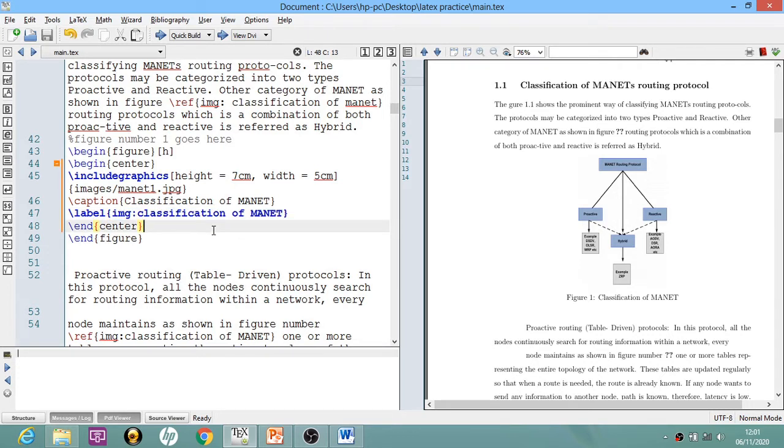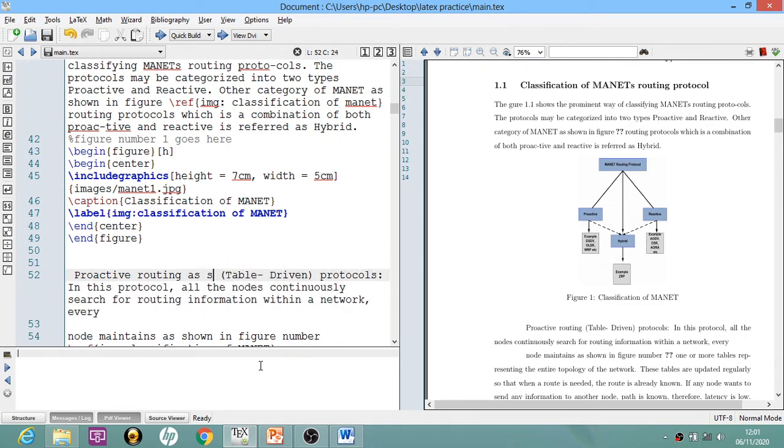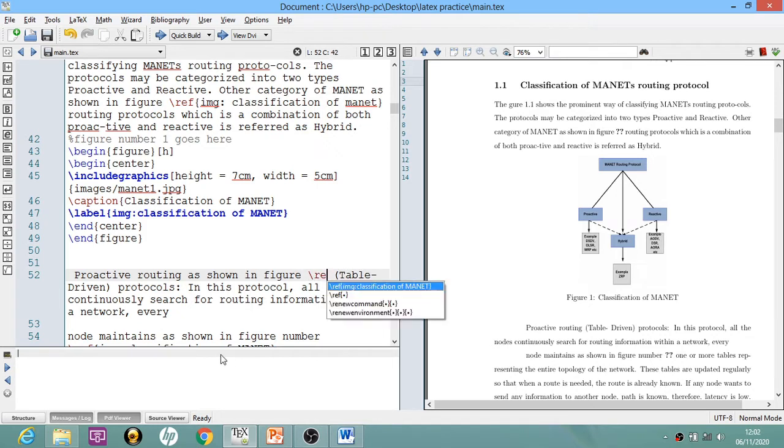We will save it, and suppose now I want to refer to this image over here. So I will write "as shown in figure" and then I will refer to it by using the \ref tag. Once you write the \ref tag, you will see the label pop up.